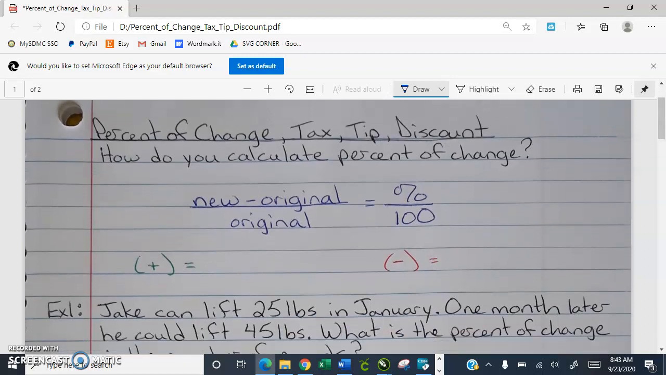A few things you need to know. Okay. So here's the formula. Well, let me start here. Here's our essential question. Our EQ is, how do you calculate percent of change? Okay, percent of change can be an increase,